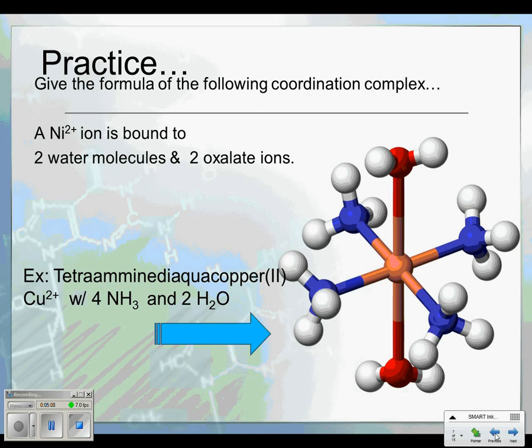Okie dokie. So we've got this compound here. We've got a nickel 2 plus ion, and we've got oxalate ions as well as water molecules attached to it. And so the coordination complexes really do look really weird, and they're really big. So if we had to name this, if we had to draw it,